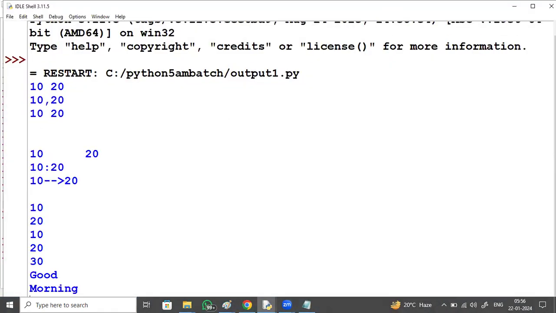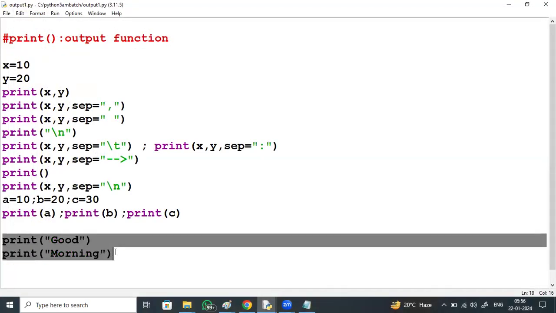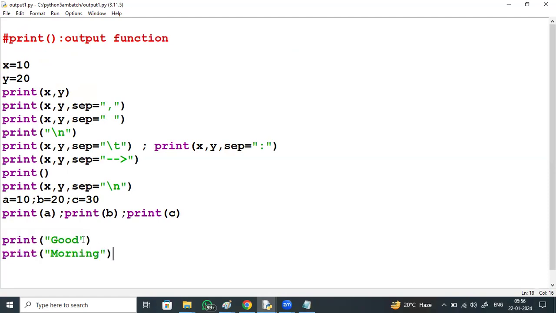But with these two print statements, I want to see the output in the same line. Good morning is the output I want, but only two print statements should be there, and the output has to be displayed in a single line. So at the end of the first one, just give end equal to space, which means at the end of this, attach the next print statement's output to this one using a space.